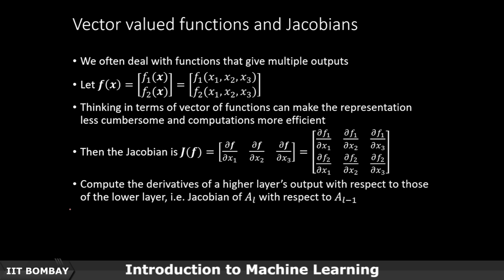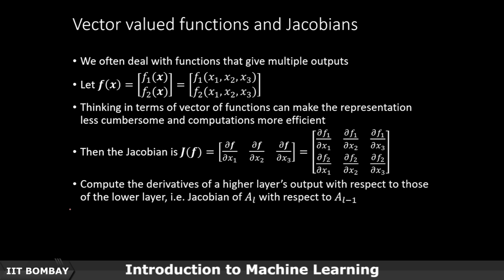Basically what we need to do is introduce a concept called the Jacobian, which is basically a generalization of a gradient. In a gradient you had multiple inputs and a single output, and we were taking the partial derivative of that single output with respect to each of the multiple inputs. Now what if your outputs are also multiple? Then we will have a matrix of partial derivatives, for each output with respect to each input,